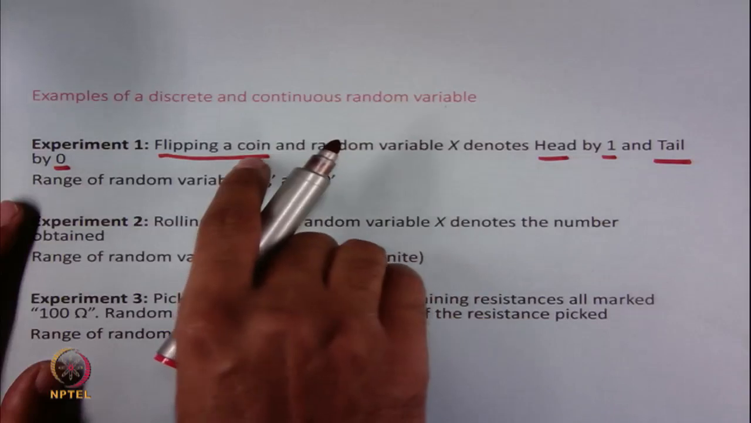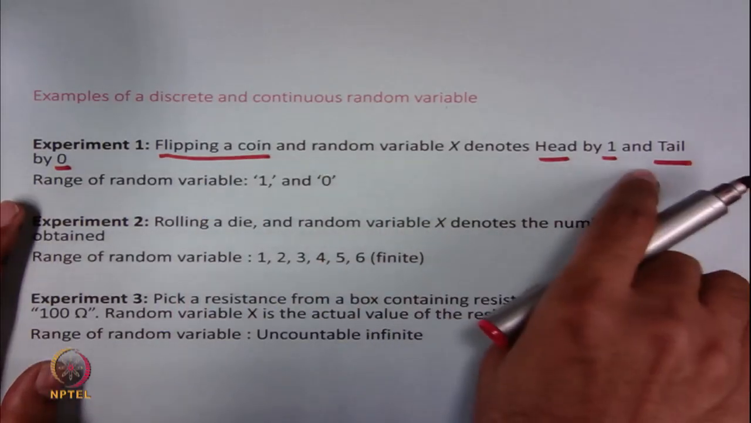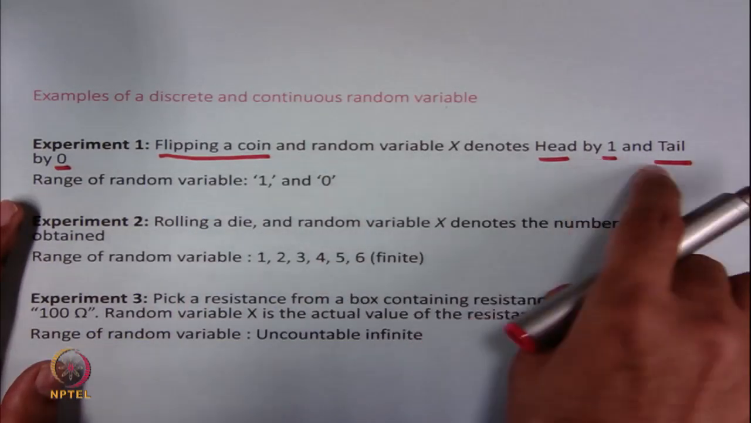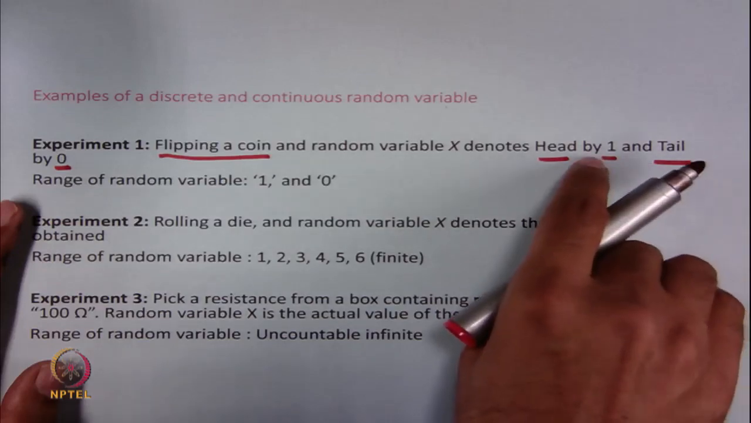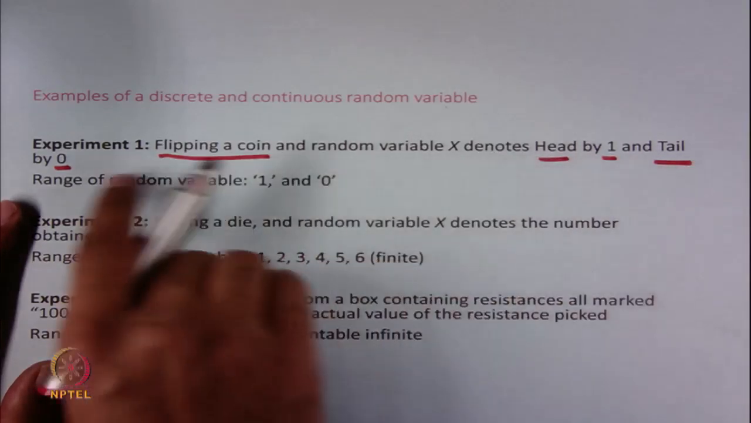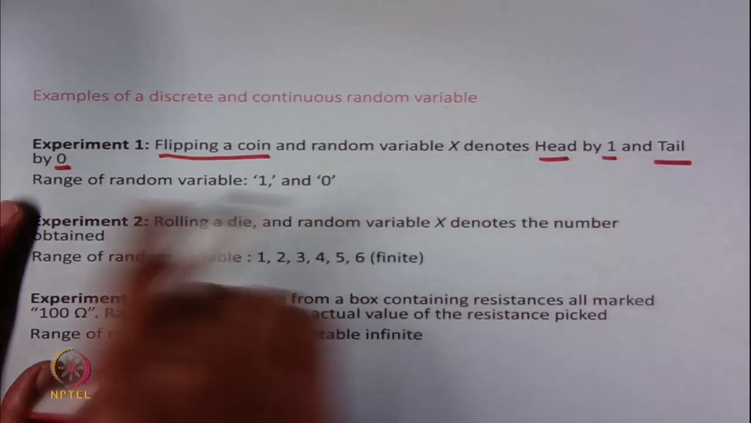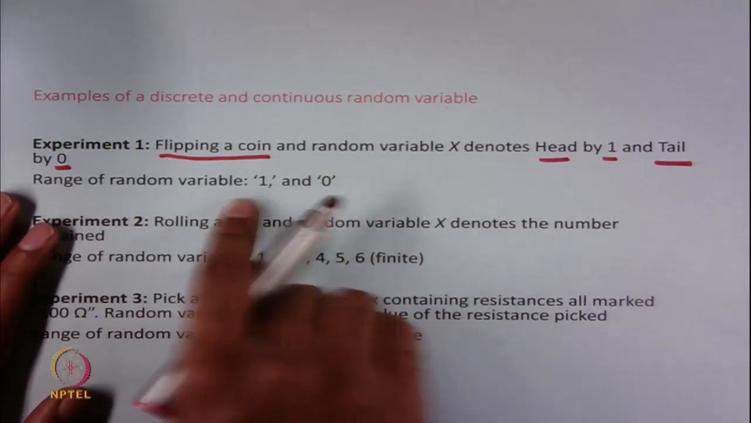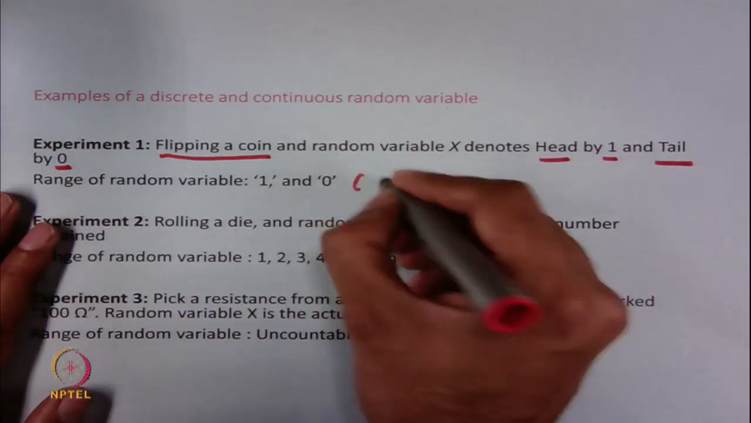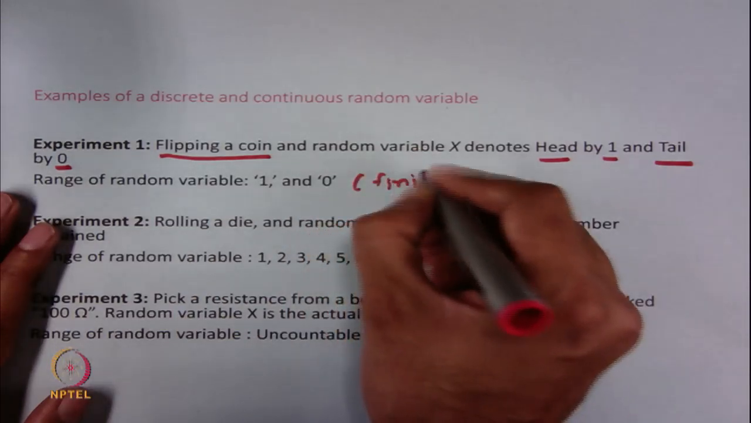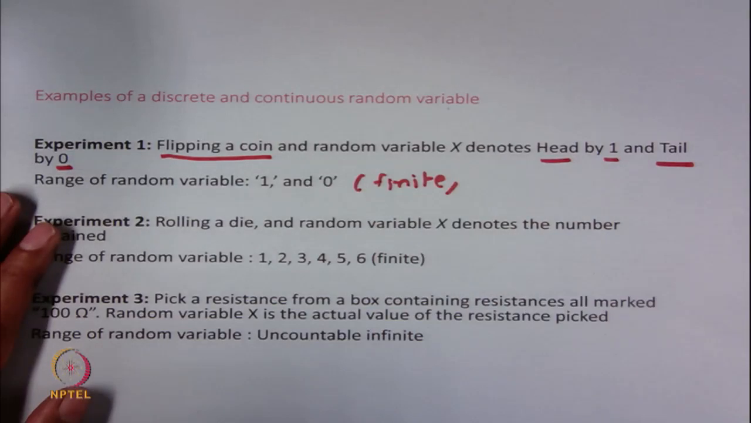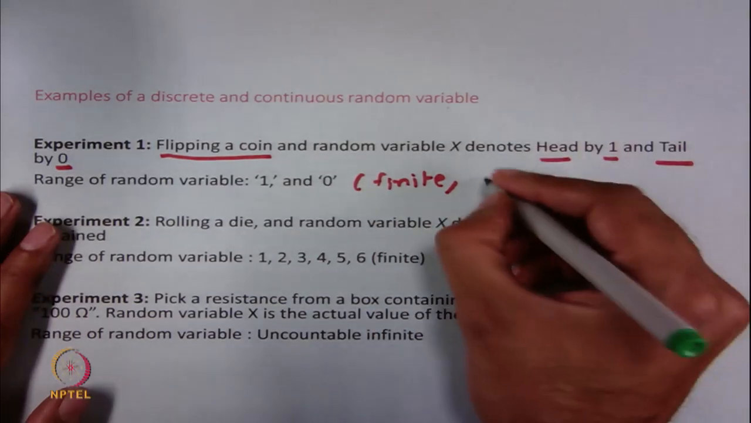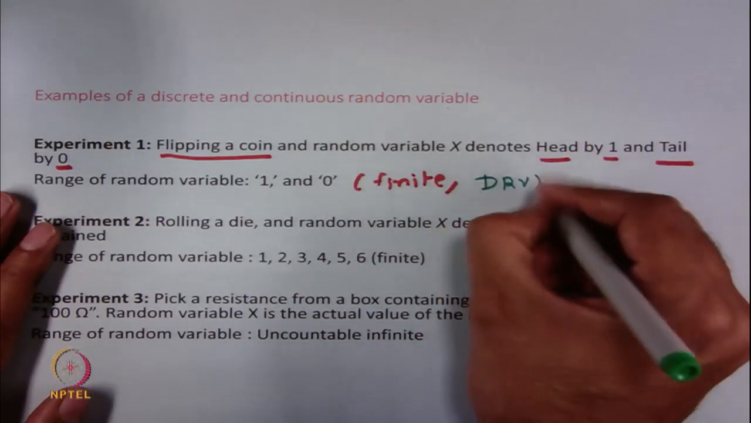So, I flip a coin and either I get a head or a tail, for which I choose two numerical values: either I will get a 1 corresponding to a head or I will get a 0 corresponding to a tail. So, the range of the random variable in this case is 1 and 0, and there is no surprise that this range is finite,